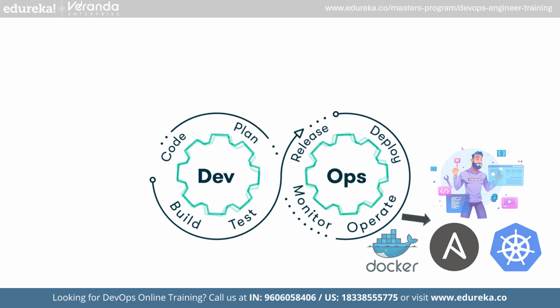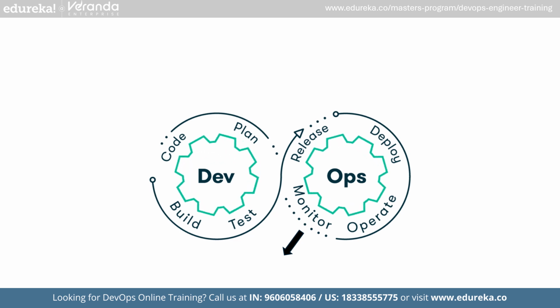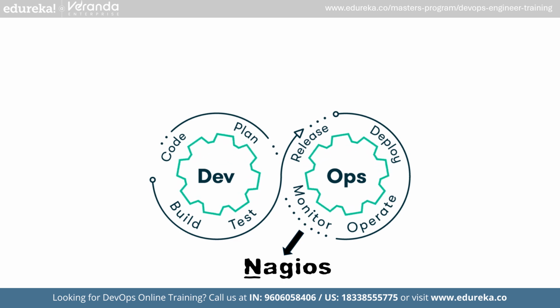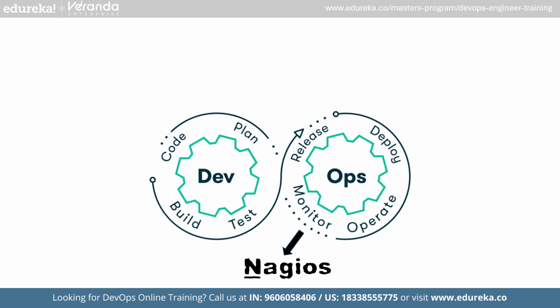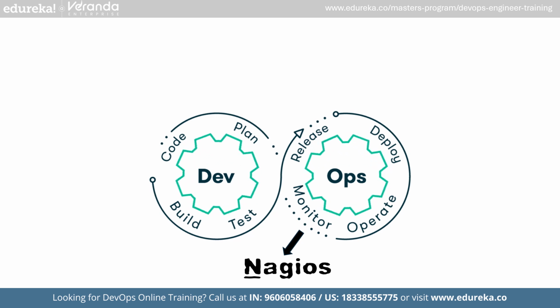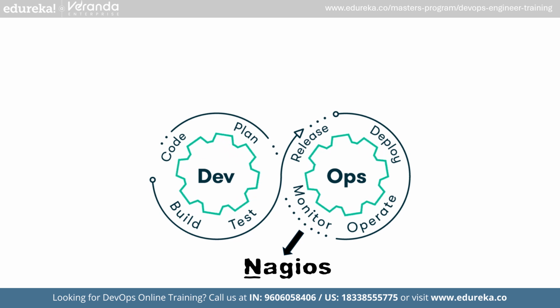After the deployment, the product is completed and monitored. Nagios is one of the top tools used to automate this stage. It is like a watchdog for DevOps. It continuously monitors servers, applications, and networks to catch issues early. After this, if any feedback is given, it is sent back to the planning stage to fix it or rework